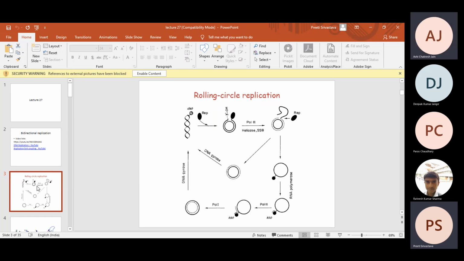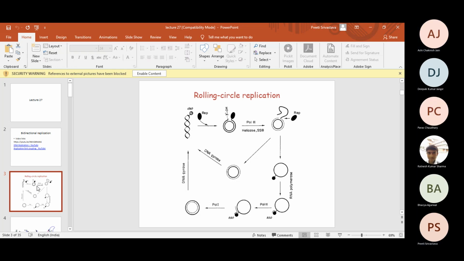Chromosomes are linear in nature. Oh, sorry, chromosomes are circular, plasmids are also circular. Chromosomes can be linear, but even though they are linear, they do not replicate by the rolling circle model. Replication has nothing to do with that; there are linear plasmids, there are circular plasmids, there are linear chromosomes, there are circular chromosomes. So think about why plasmids replicate by rolling circle replication and not chromosomes.